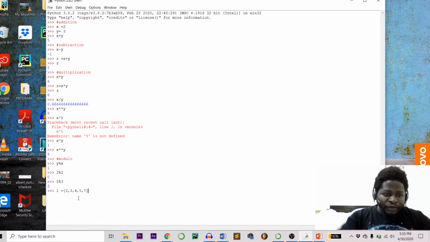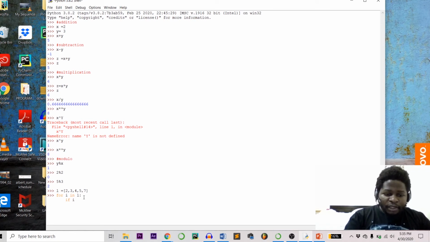Okay, we know here the even numbers we have 2, 4, right? The rest are odd numbers. So let's try to use a for loop: for I in L, where I is any number in the list. Okay, so now this is a membership operator whereby we are looking at I being in this list. Okay, so we can set a condition for the even. If I,